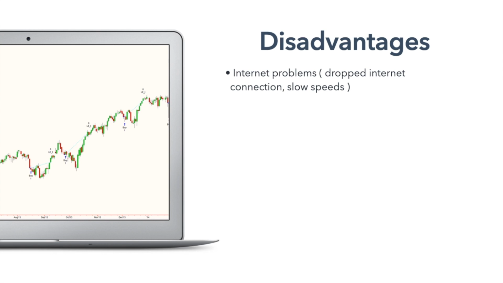If you have a slow internet speed, maybe your internet drops throughout the day, you may not even really be aware of it, but this can cause delays in execution. It can cause you to miss trades and just cause general headaches with automated trading. So having a clean internet connection, one that's up 100% of the time, or 99.9% of the time, is critical.